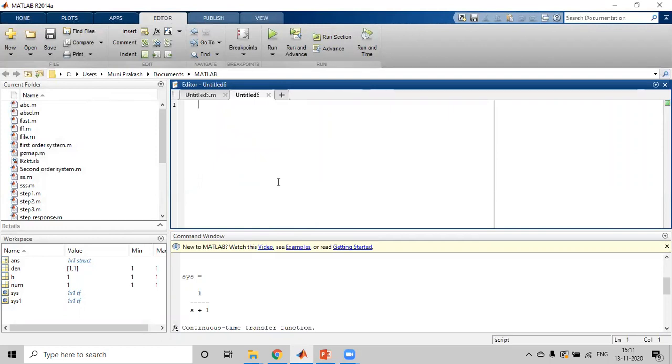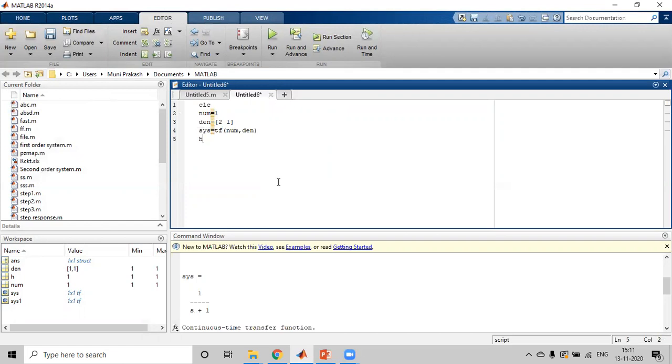Coming to the second program, the first line is clc. You need to clear the previous data in the command window. Coming to the numerator, 1, and the denominator: the open loop transfer function for the second case is 1 by 2s plus 1. That means the denominator coefficients will be [2 1], and the open loop system we assume as s = predefined command tf of numerator comma denominator.